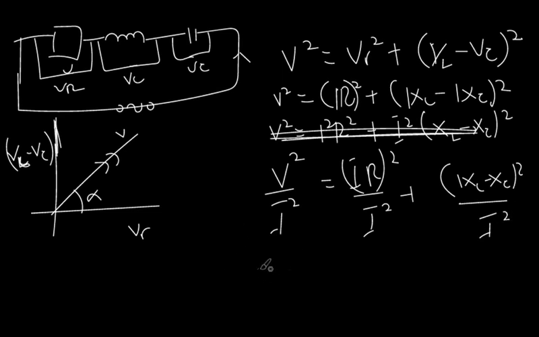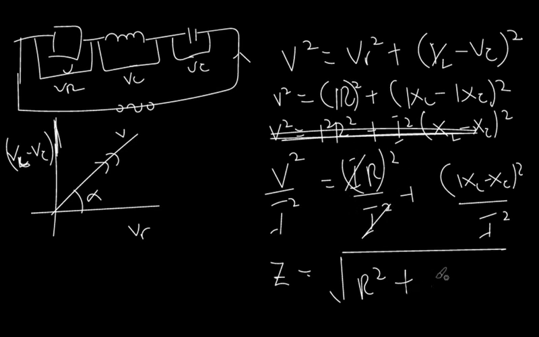If we do that, we get our impedance straight away, because this cancels out and we have voltage over current, so the impedance will be given by the root of R squared, because this cancels out this, then R squared plus, in bracket, XL, the capacitive reactance, minus